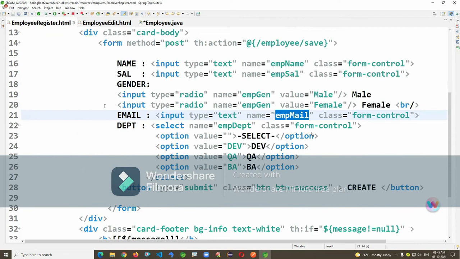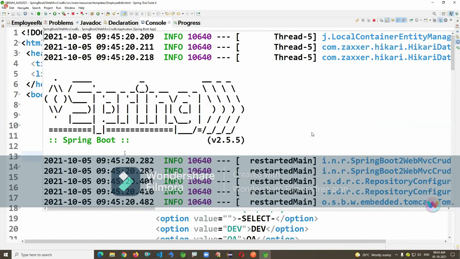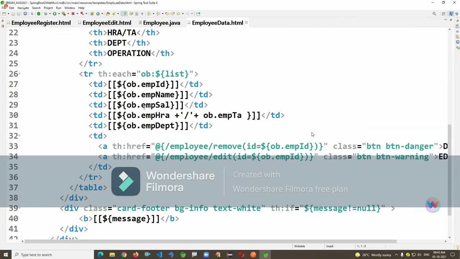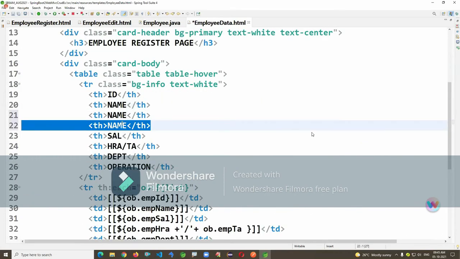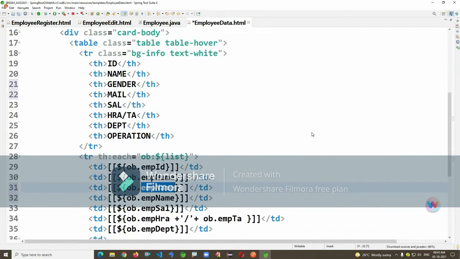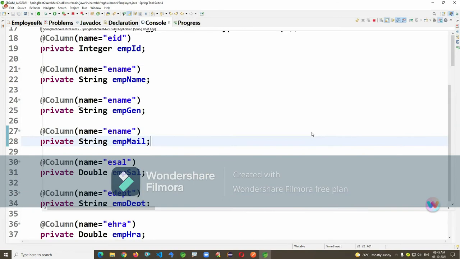Okay, now the same things we have to display in the data page also. If we just go to emp data.html, this is the use case in that scenario. You have to identify this potential gender, mail, shipping person, the use case of this one. EMP gender, EMP mail, for the customer. Make sure that the variable names you are writing are perfect. This is the user. Okay, come and just do register.